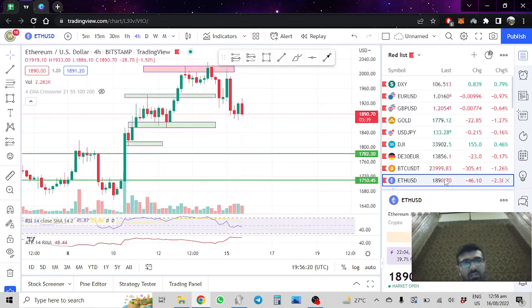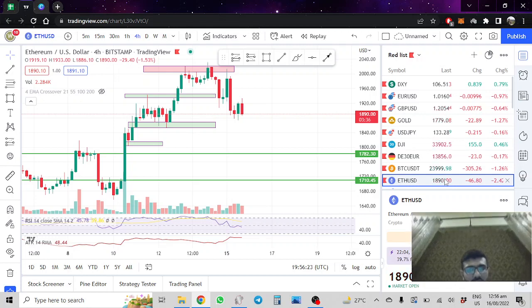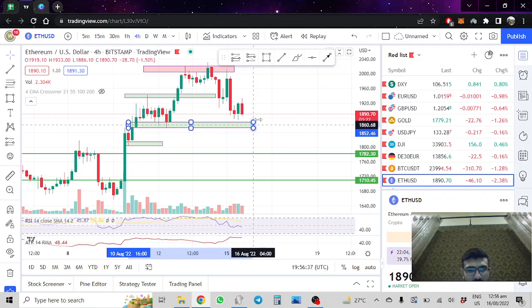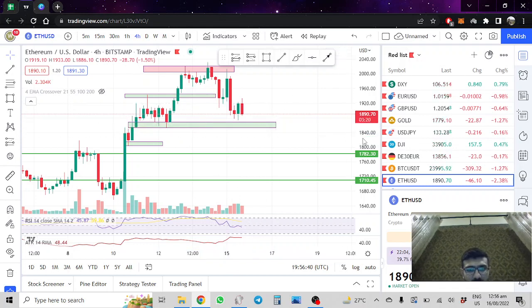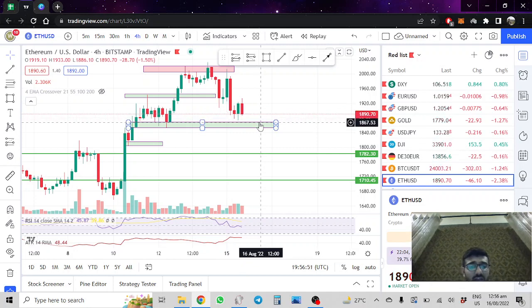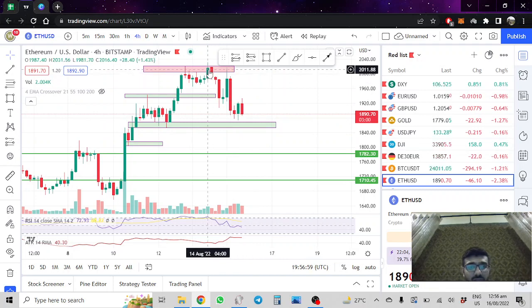The Ethereum analysis for today would be, as you can see, the area of interest that I had marked previously has been respected beautifully today as well, and we are seeing that it is testing a support zone right now. This is the area of interest, the recent area of interest, and if this area is tested again and we have some bullish candles closing above this area, then I would definitely go long. And let's wait and watch what is gonna happen. And if Ethereum takes